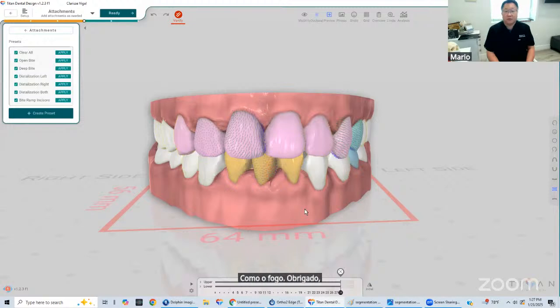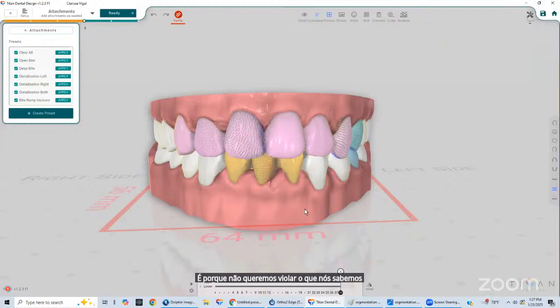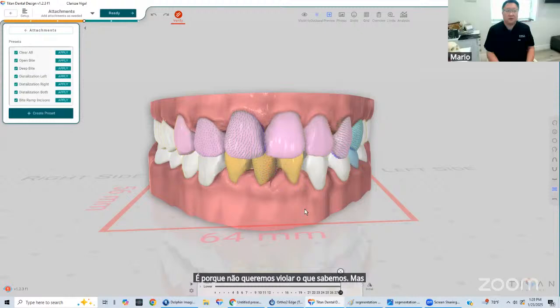Everybody's bone also reacts differently. It's kind of a mystery, but it's not, because we don't want to violate what we already know. But I think we just have to figure out a guideline for it going forward by